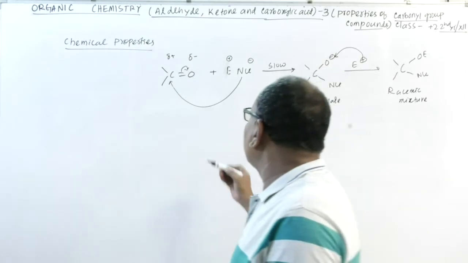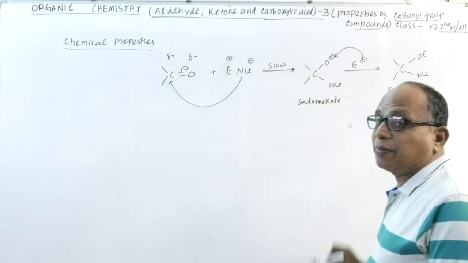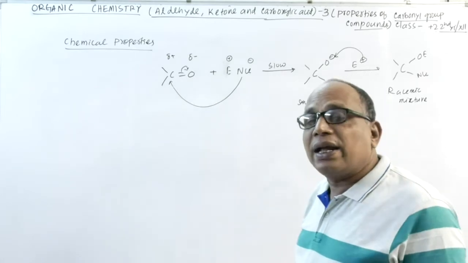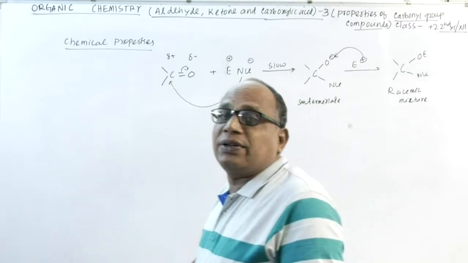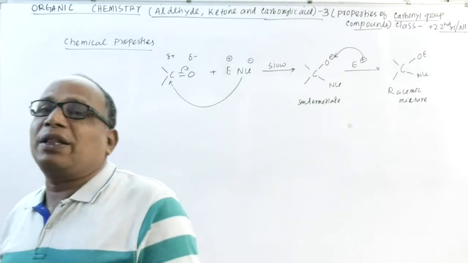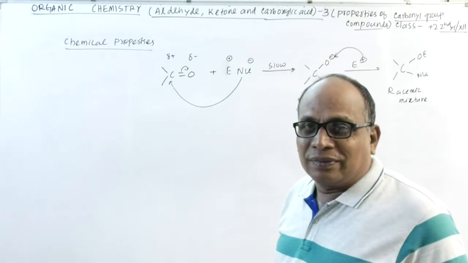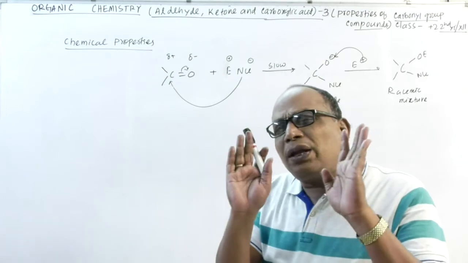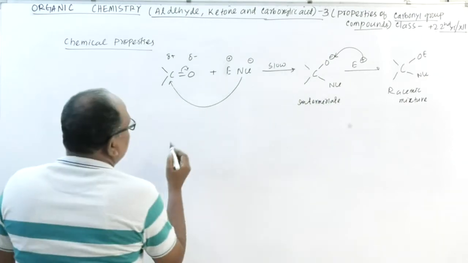Okay, students, this is how the addition reaction takes place in a carbonyl group compound, and such reaction is always shown by aldehyde and ketone. So a question may arise in your mind, sir, you are starting with the nucleophile, why not start with the electrophile? Suppose the electrophile attacks the negatively charged oxygen atom. Suppose I give the mechanism in this way also.